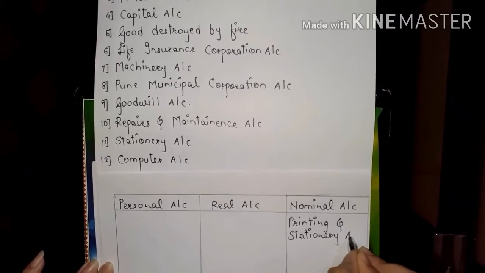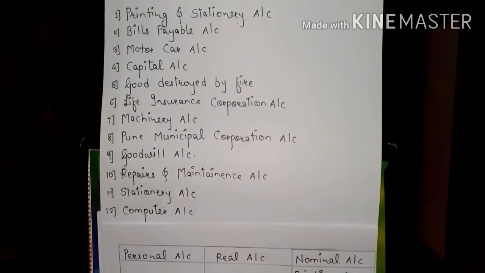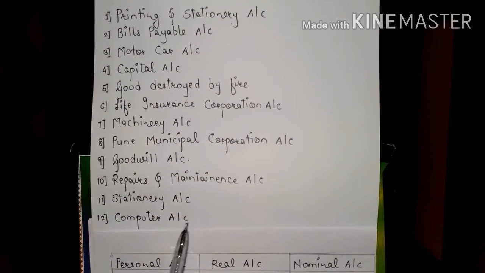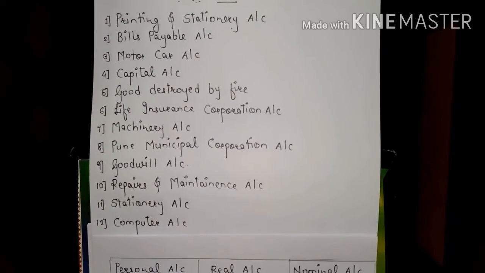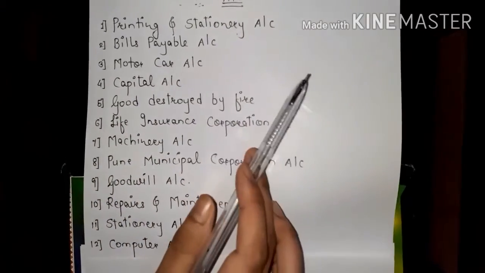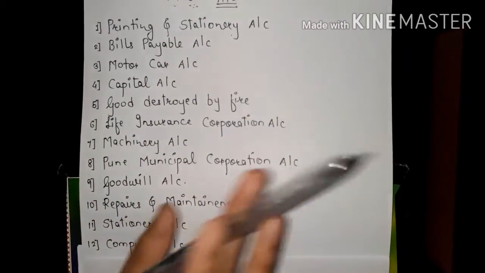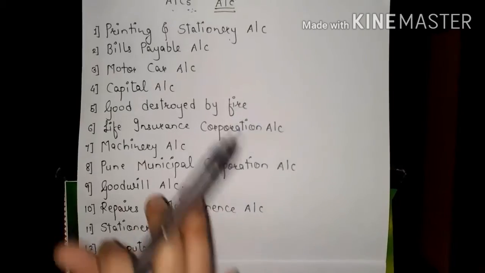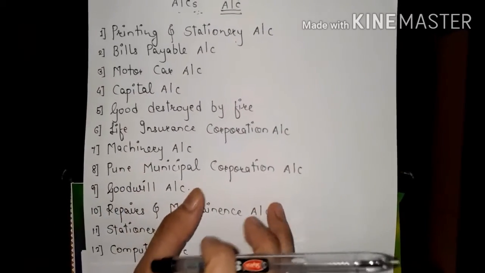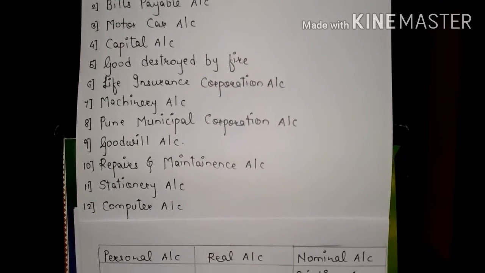Just remember it, and remember the rules, because rules play a very important role in classifying all these items. Without rules, you will not understand where any item is categorized. Now, you might have got confused about how printing and stationery account is classified. Just imagine that you have a company. Always think of a company, and according to the company, what expenses you can get and what income you can earn. Through that you have to classify the account, and you will have to remember the rules.